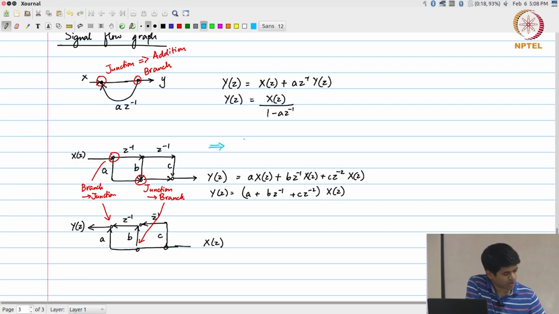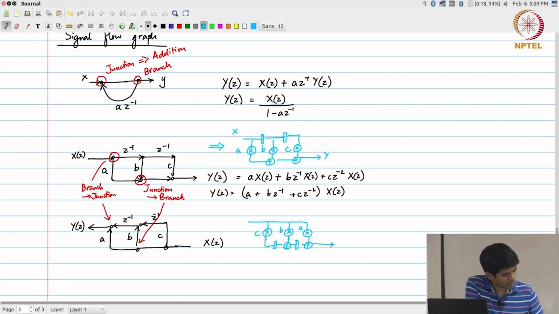This one essentially corresponds to what I drew earlier, which is x here, y here, a, b, c. Okay. The one at the bottom, I am once again going to draw it similarly to the top one, in the sense that x will be on the left, y will be on the right. Okay. But the connectivity will be as seen by the signal flow graph on the bottom. Okay. So with this picture in mind,